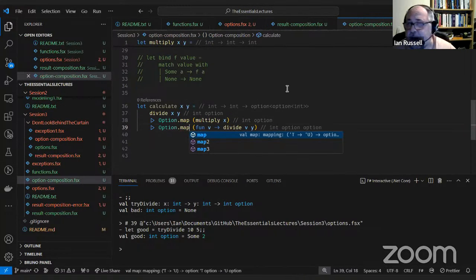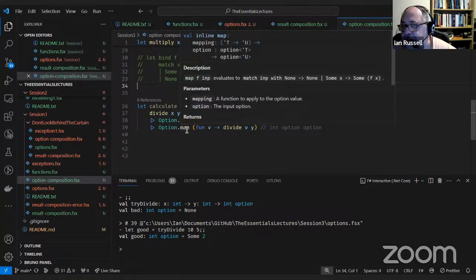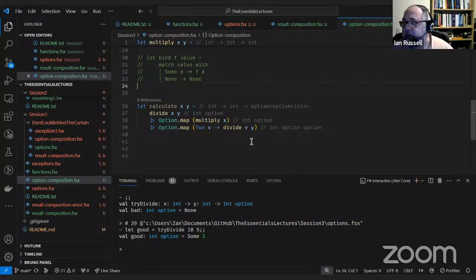So can I change that to map? There you go. What I've now got is, because map adds an option or a result onto the output that you've got, int of option and option. So the first thing you do there would be to just convert it back to a bind.